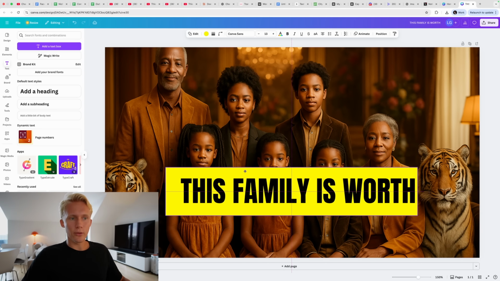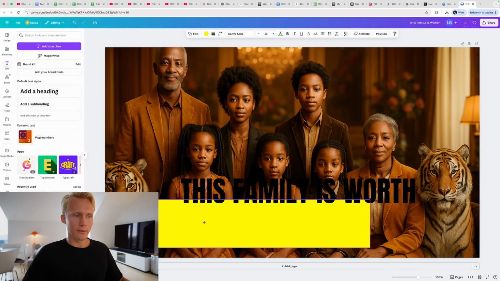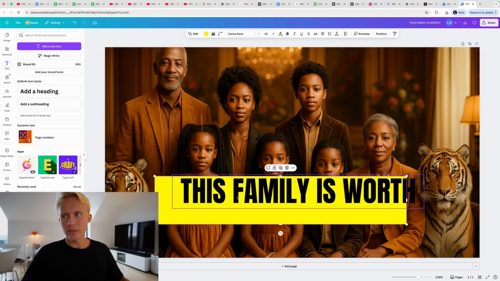But when it comes to thumbnails, and this is also very good for you to know in order to succeed as much as possible with YouTube automation, you want to make the text as big as possible. The bigger the text and the more space you utilize, the more people will see it, right? So there's no point in having a very little text in the corner just for the sake of having some text.